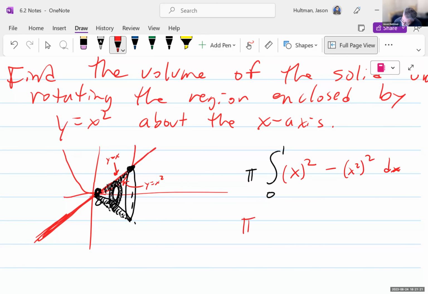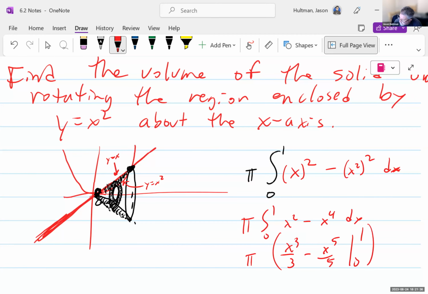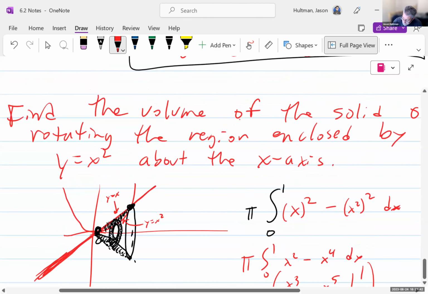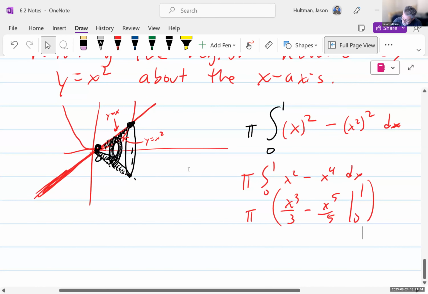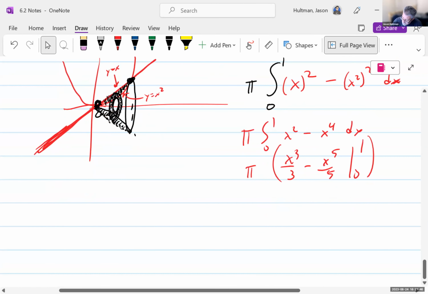So we get pi times the integral from 0 to 1 of x squared minus x to the 4th dx. This becomes x cubed over 3 minus x to the 5th over 5, from 0 to 1, times pi. I'll give you a minute to write that down. I wrote that rather fast. So when I plug in 0,